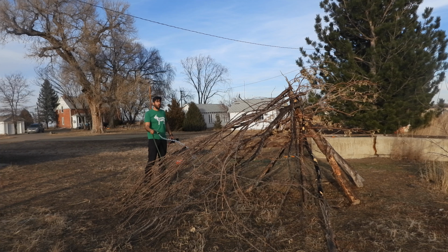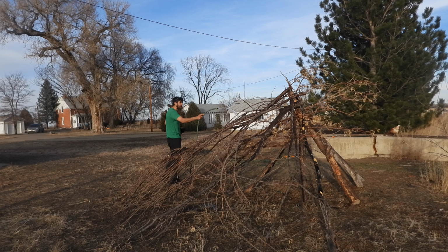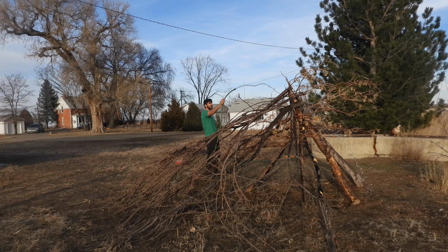A lot of times we find these teepees with a long pole that connects to the water, or we find these X's on top of the water, which tells me that the X's might be doing something other than marking a territory or marking the water. They actually might be amplifying a signal or blocking something. So I'm gonna wet this, make it nice and wet, and then I'm gonna test again to see what happens